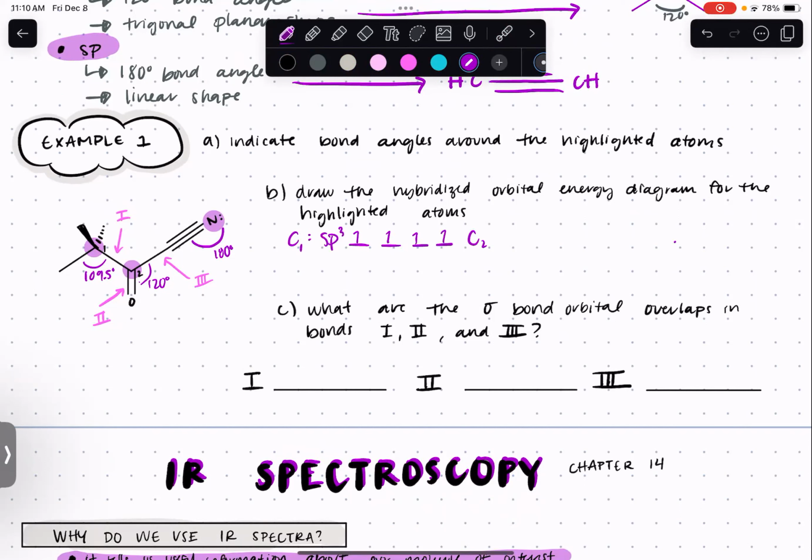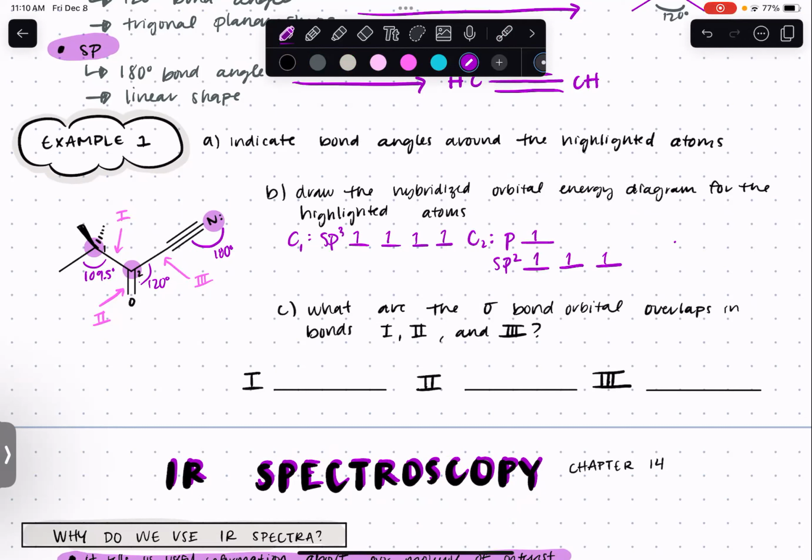Now with carbon 2, which is this one here, would that one be sp3, sp2, or sp? Yes, sp2. So we're going to save the p orbital for that double bond and then hybridize the rest. So we get 3 sp2 orbitals, and those are also going to have 1 electron in them because, again, it's a carbon, and carbons have